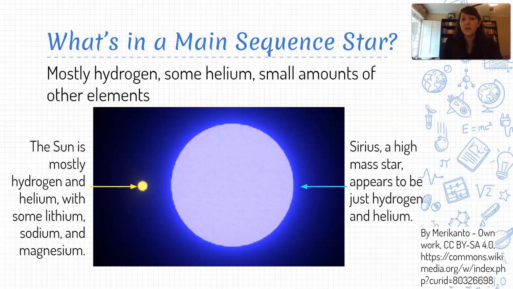There's some helium as well, and maybe a little bit of some other things too. So like Sirius is a high mass star, and pretty much its spectrum really nicely lines up with just hydrogen and helium. That's pretty much all we're seeing in Sirius. The sun also is mostly hydrogen and helium, but we've got a few other elements in there as well: lithium, sodium, magnesium, a couple other things. Okay, but mainly hydrogen and a good amount of helium, and those are the main players in a main sequence